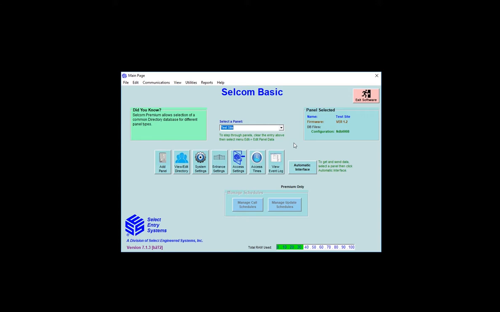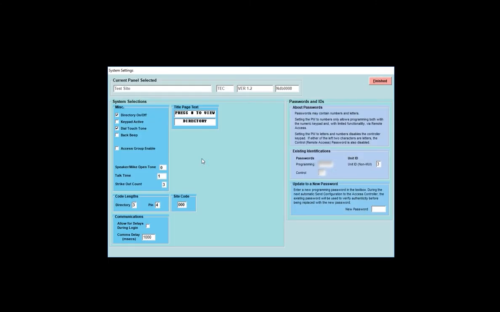So we're going to move in here and go to System Settings. All right, so we're in System Settings, and I blurred out the password just for security reasons. But as you can see here, there is one other thing that would be important in here. So you see you have passwords, and then you have your unit ID. Let's say your intercom installer put it in, but your unit ID is 4 rings. You would need to change this to,